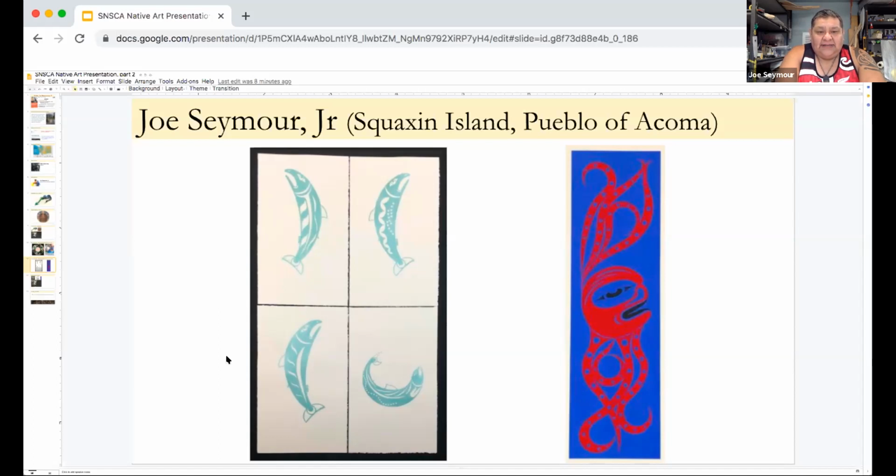But when I do pieces that involve the spirits of the water, the ancestors from the water, for me, it's always an honor. And these four salmon here, they're representations of king salmon, Chinook salmon. When I did this piece, I was commissioned by a private developer to come up with a design for the side of his building. He's renovating a nine-story tower in downtown Olympia, and he said he wanted an exclamation point for Olympia. And when I started drawing these salmon and how they would look on the side of the building,